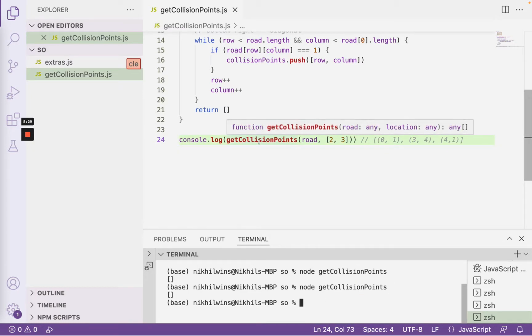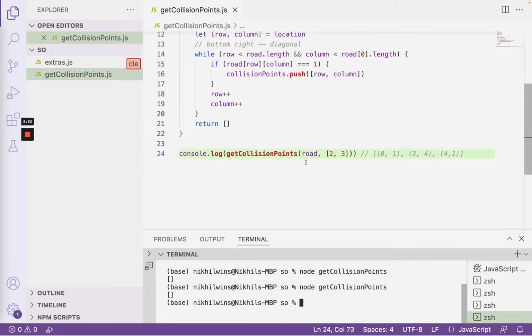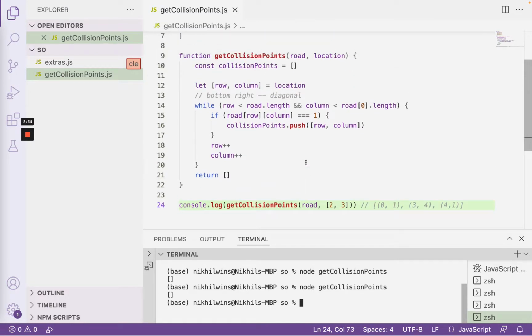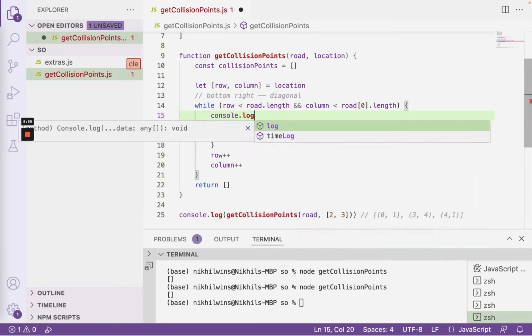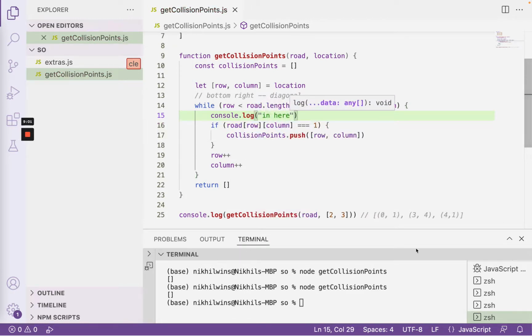Okay, that's strange. So we have just gotten just our empty array so far. So let's go ahead and debug this. So far, so good. We have our let right here. Okay, fine. We're saying while the road is less than the length and that, if the current thing equals a 1, then I want to push it in, and then all the while, increment row, increment column. First thing we want to do, let's check if we're even getting inside this while loop here. So basically I'm just walking you through how to think about debugging as well, right? So let's go ahead and see